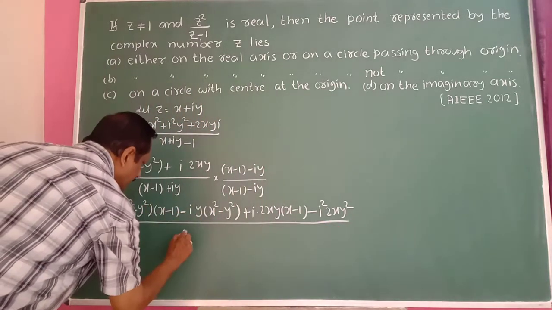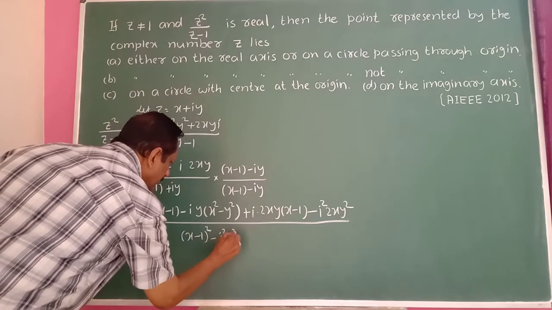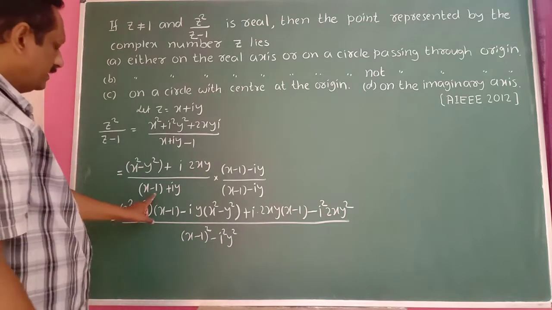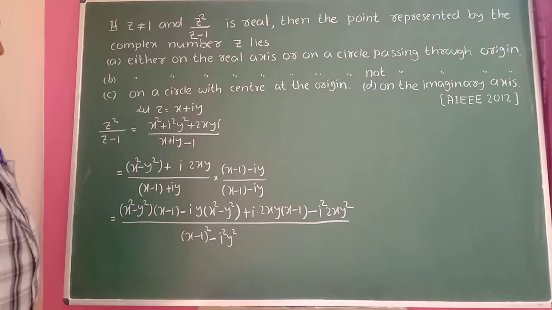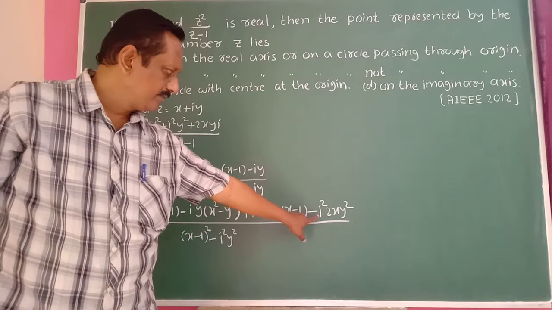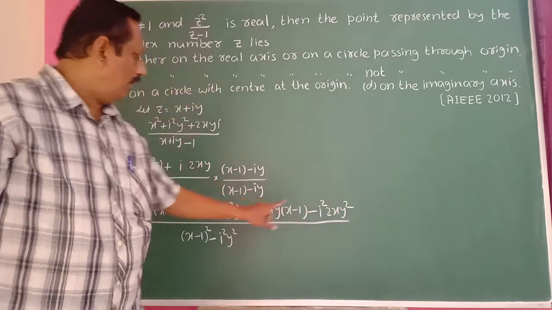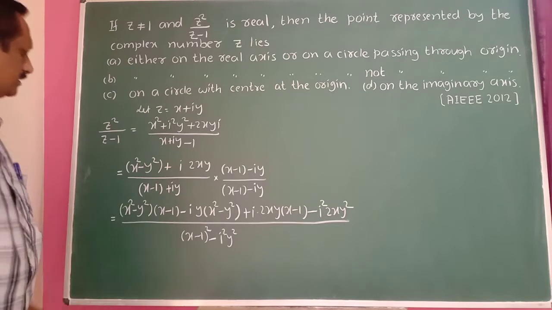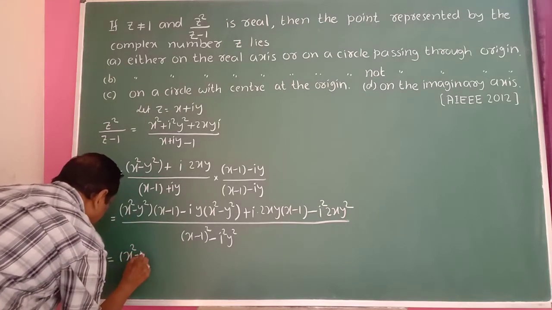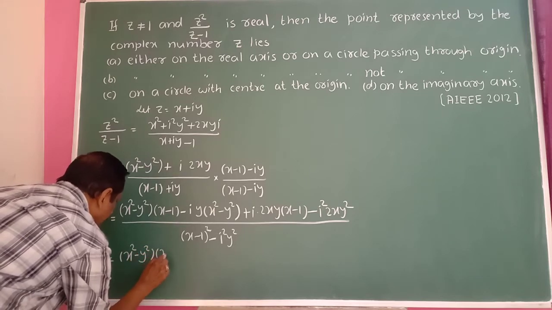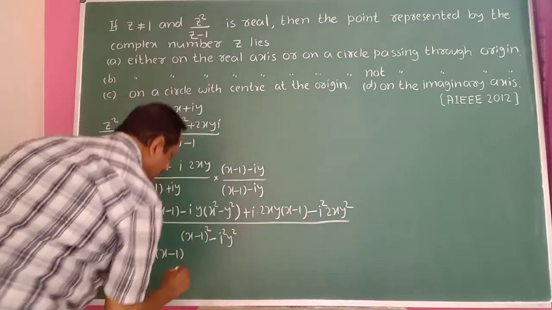the product of the denominators: (x minus 1) square minus i square y square. Here we are using the (a plus b)(a minus b) formula, a square minus b square. Here i square is minus 1, so minus this minus becomes a plus. This becomes a real part, and this is also a real part. So (x square minus y square)(x minus 1) and i square is minus, minus plus, so plus